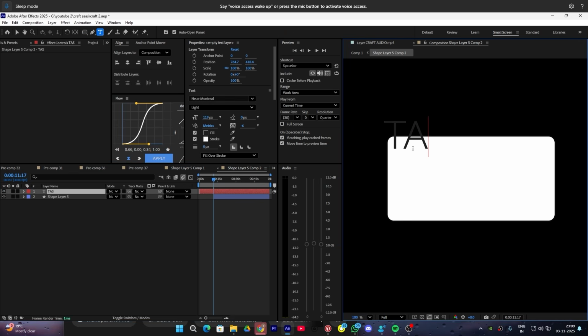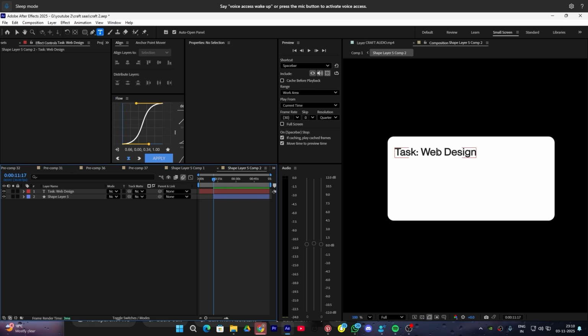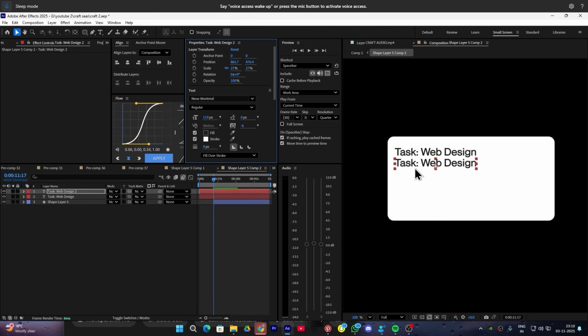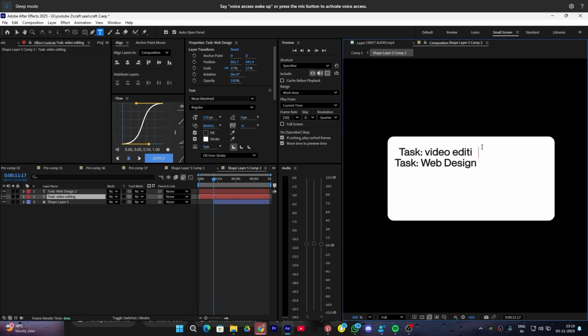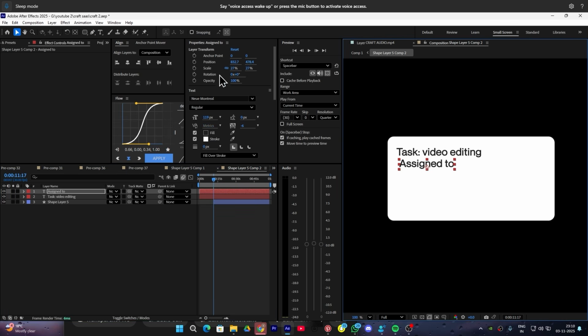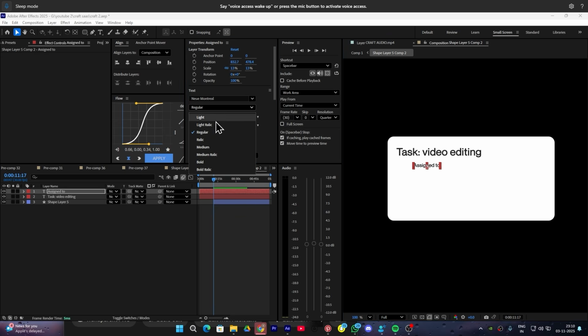So that's gonna be your first text, that is basically task. Let me adjust it properly, and the font I'm using is the same font, that is basically New Montreal, and the style should be regular. Alright, so let's edit the second text, and it should be assigned to, like this. Alright, so let me adjust this text, and let me decrease its scale value,